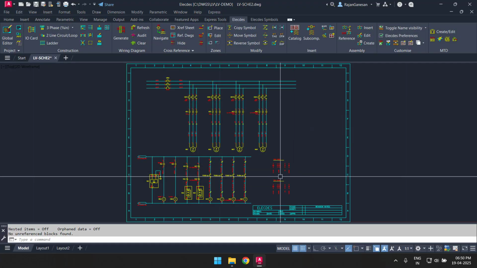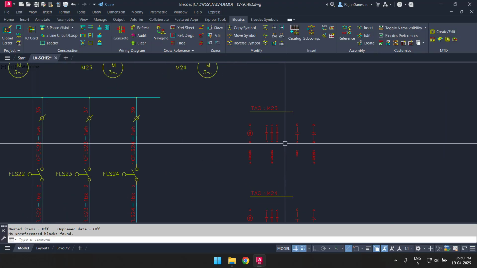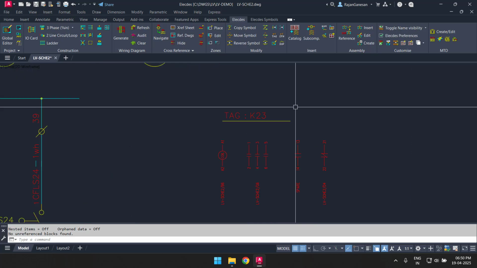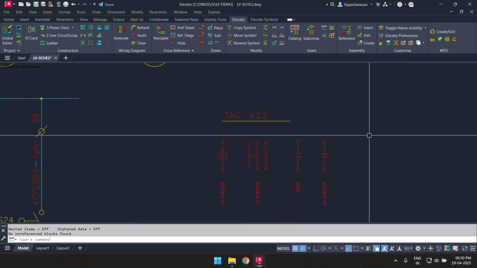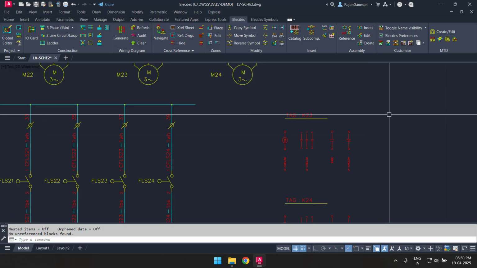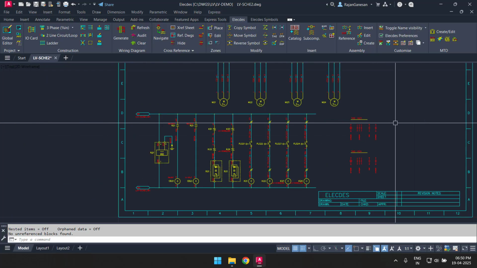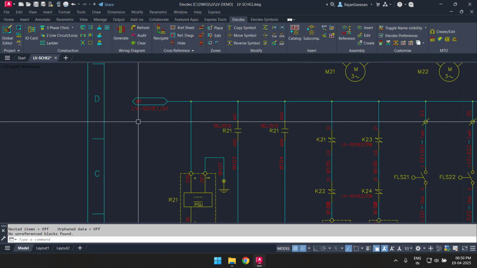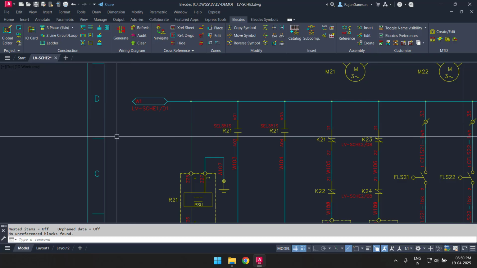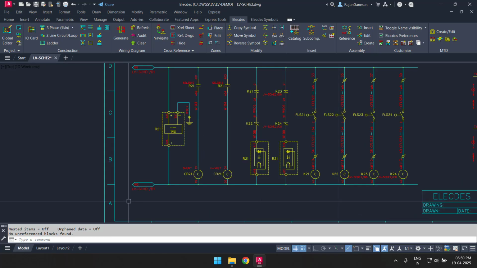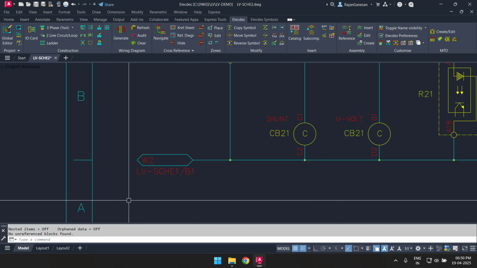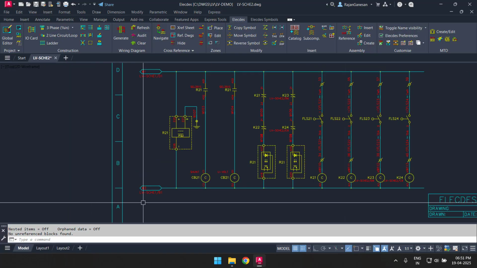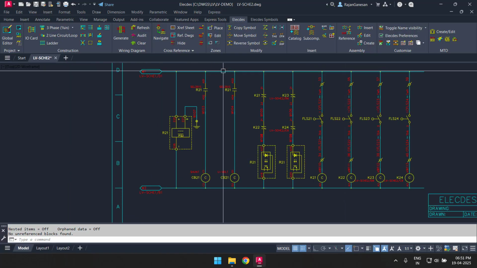Zooming in on the complete cross-reference tables, I can see that the relay family is tabled and referenced project-wide, including spares. Similarly, the wire extension markers reference the other end of the wire. The reference style used here is a two-dimensional map style grid where A is the first row and 1 is the first column, like a map or indeed my drawing border. This reference style also includes the sheet name.